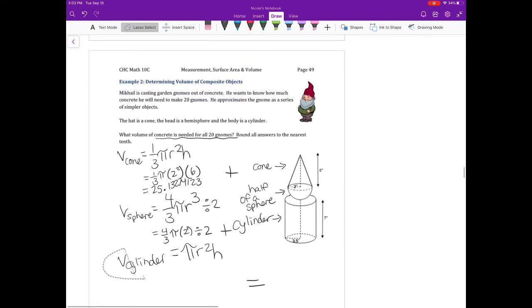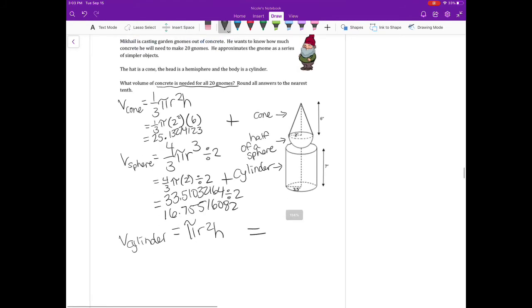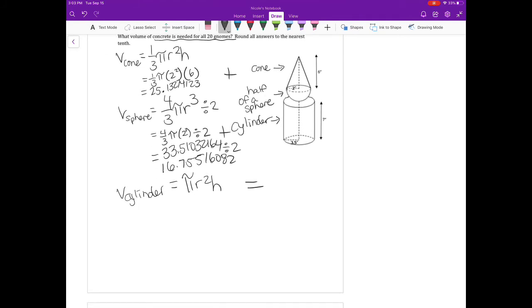down a little bit here. There we go. Make sure we get, oh, I'm not going to have the top part of my pie. That's okay. There we go. So my sphere was 33.51032,164. Remember why I'm dividing it by 2, because that's only half of a sphere. So the volume there is 16.75516,082. And for my cylinder, pi r squared h, I end up with, once I've substituted in, the radius of